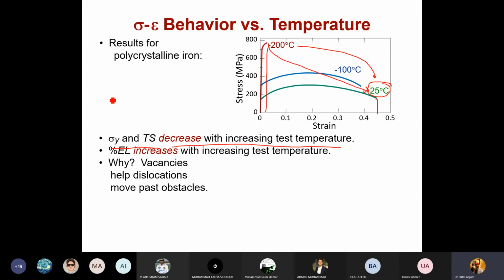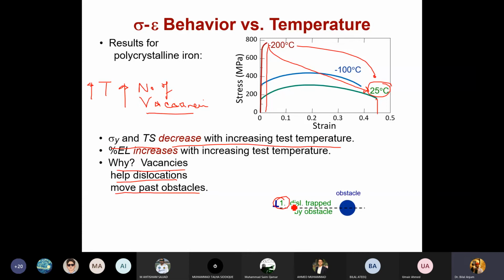if you remember, an increase in temperature basically increases the equilibrium number of vacancies. And these vacancies help dislocations move past the obstacles. How? Let's say you have a dislocation over here and it has to move on this plane, but there is an obstacle over here,